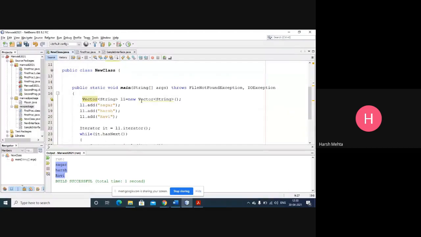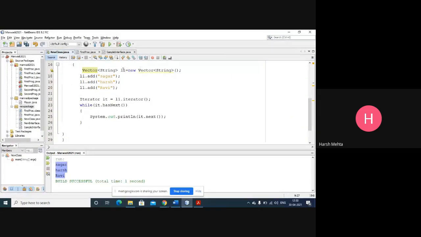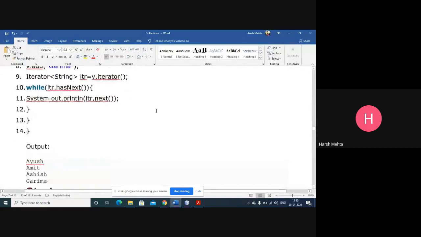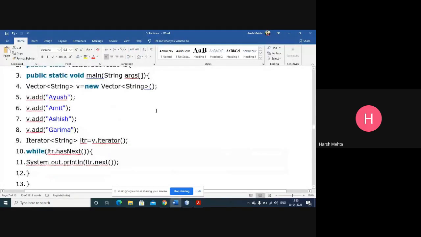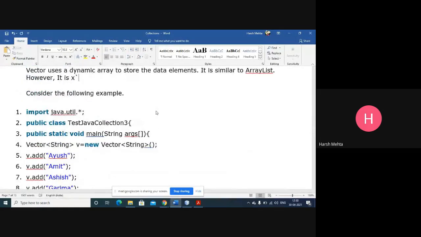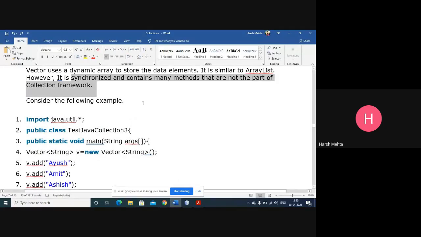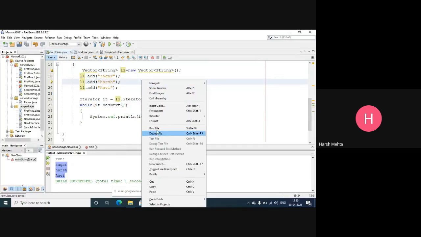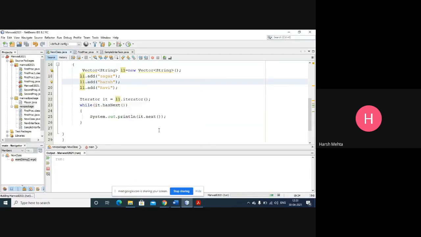Okay. Once I define vector object L1, L1.add, I'm putting some values, and then using iterator, I'll iterate it. Okay. Save it, run it. So you see the same values.